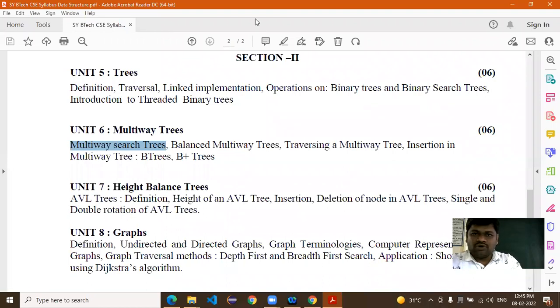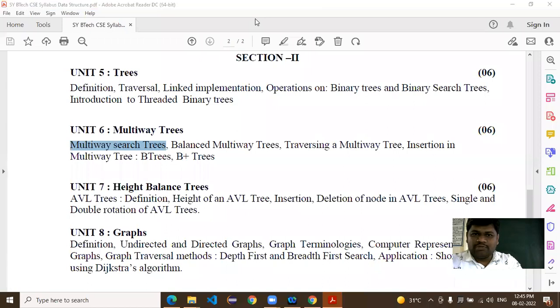So all of you do one thing. Click on the participant list, click on SY BTech CSE, click on more and select pin.